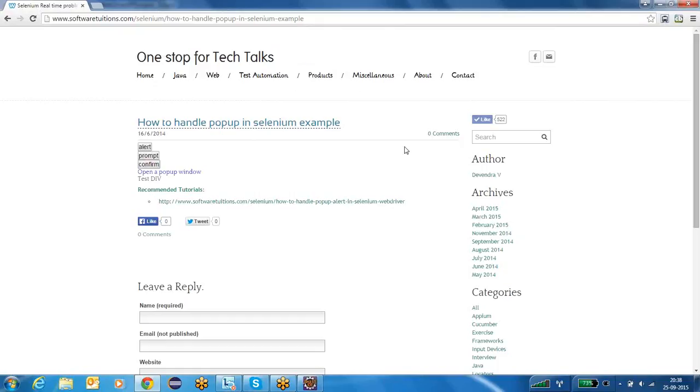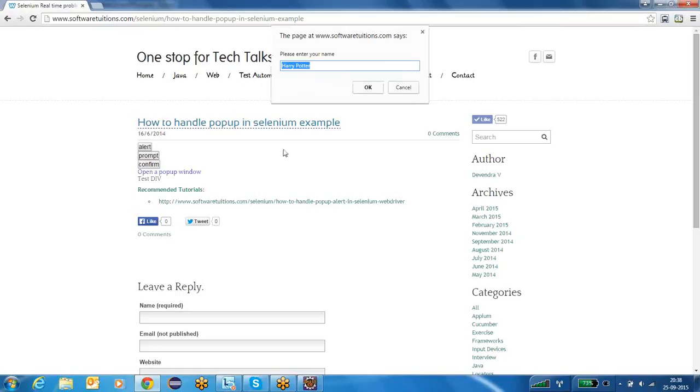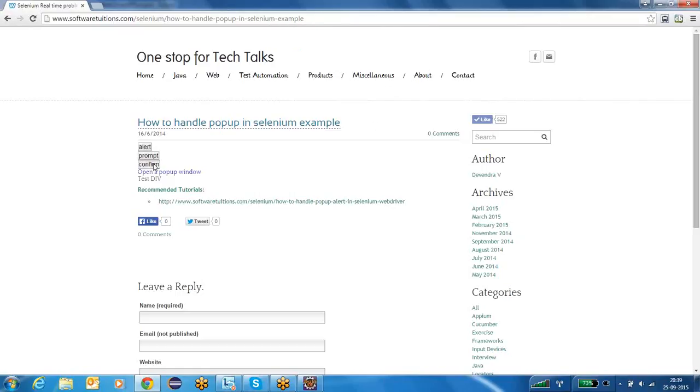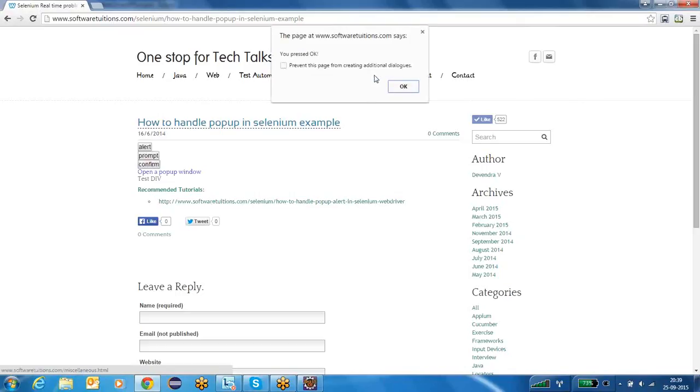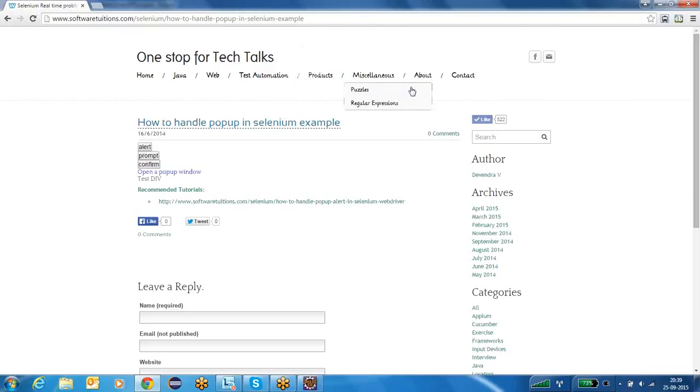So now what we have to learn from our side is, if I get an alert box in my automation, how can I close that alert box by clicking on it? How can I read the message within the alert box using my Selenium WebDriver code? If I get a prompt box, how can I enter some text into the prompt box? How can I answer that question through my program? How can I click on the OK button of the prompt box? If I get a confirmation box, how can I click on the OK button of it? How can I click on the cancel button of it? These are all the things we are going to learn today.